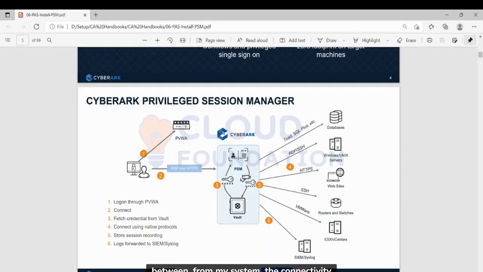From my system, the connectivity need not be there. I do not require that sort of connectivity, because the connectivity would be established from the PSM. First of all, once you connect to PVWA, you would be routed to the PSM. The PSM will fetch the password for the onboarded account. It will inject the password in the target system. So even if my system is infected or something, the end user or the hacker will not be able to